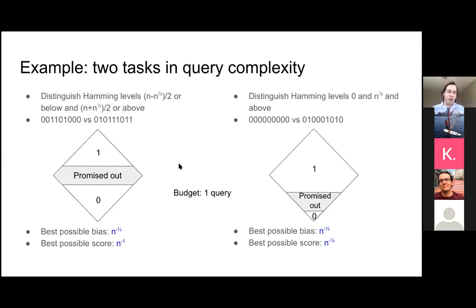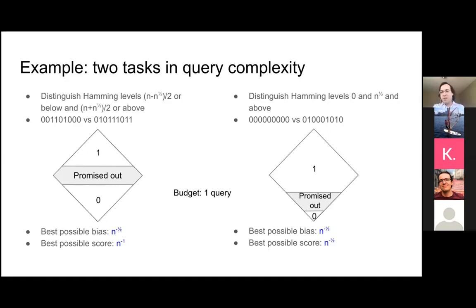does reveal this. So when you evaluate these algorithms with a proper scoring rule, you suddenly see that the problem on the left really is harder. The best possible score you can achieve with one query is 1 over n. It's sort of because, for a forecasting algorithm, when you run it on the right, it gets to tell you that it's now certain of the answer. So it gets to tell you, oh, I found a 1 in the string. So now I'm certain that this is a 1 input. So it gets to express this with its confidence.